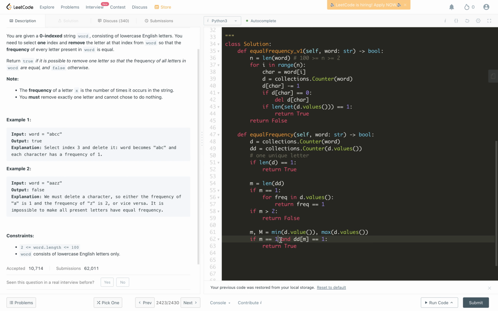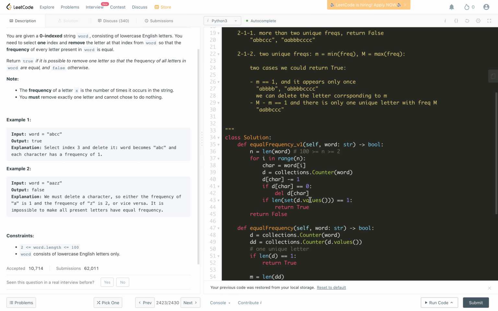In other words, the smaller frequency appears just once, and it's also 1. Another case is that if their difference is 1, and DD[larger] just appears once. Corresponding to this example,